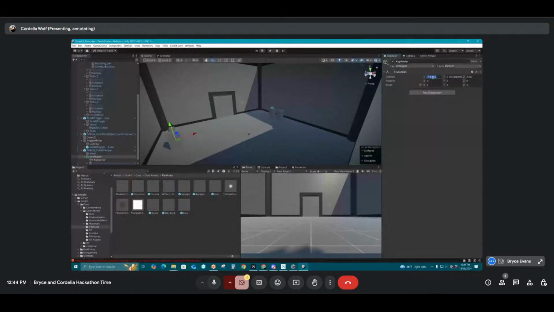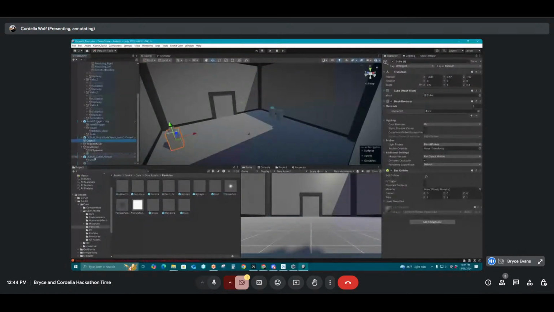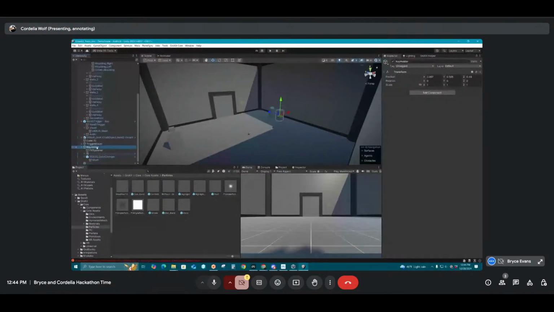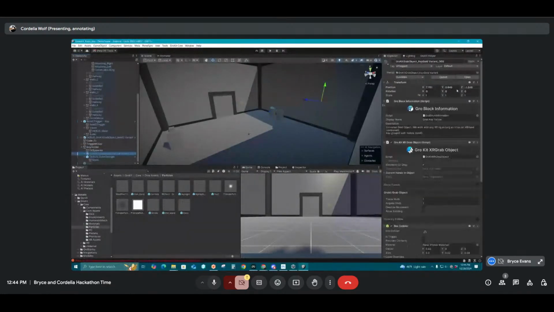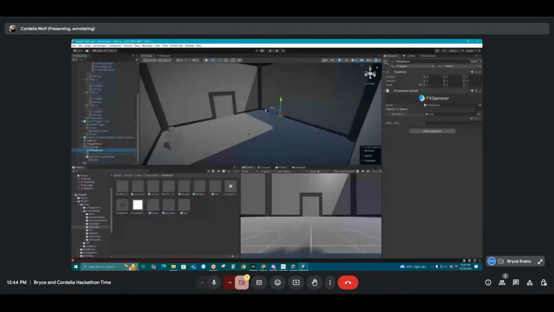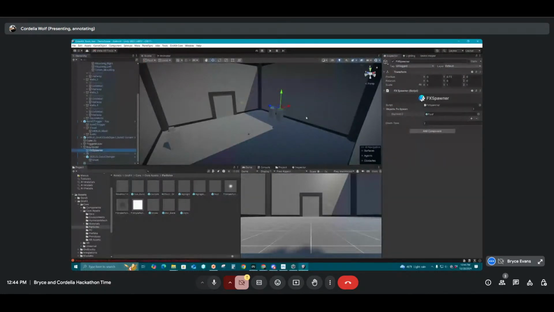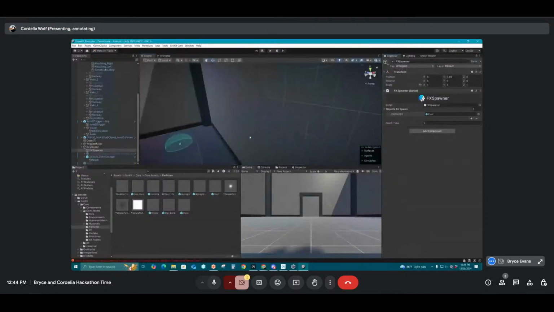And I put it under the wrong one, so I'm fixing that real quick. That's why naming is good. I didn't name my cubes, and that was a problem. I always forget until I'm like, wait, I have so many cubes now. Okay, now my key is off in space, so I'll just bring that back. And my FX spawner, I want that to be up where the key is. Or use 6.5. I like clean numbers. All right, so now we've got